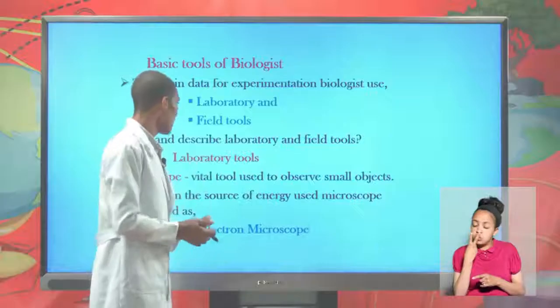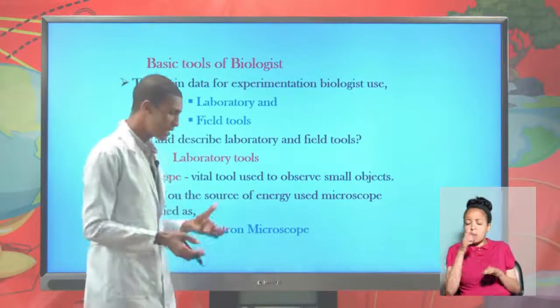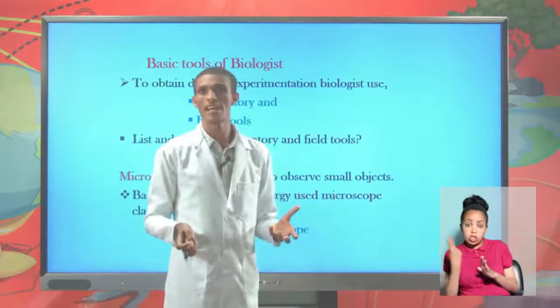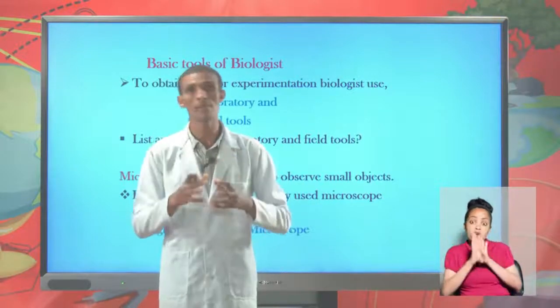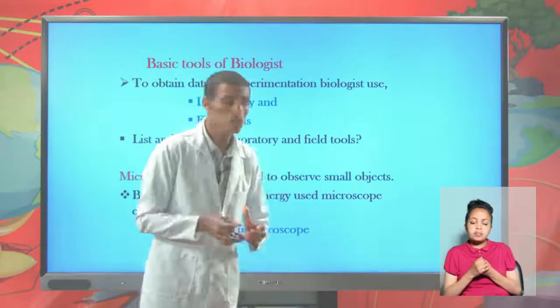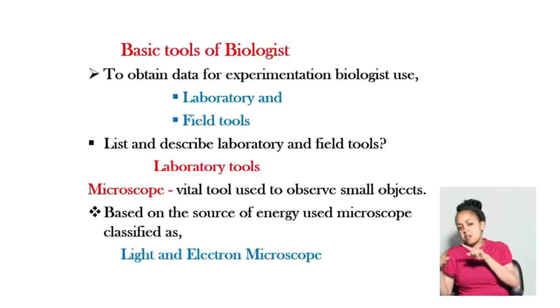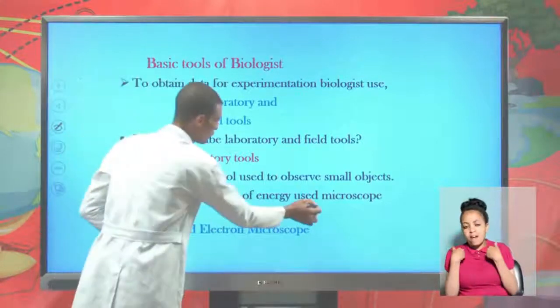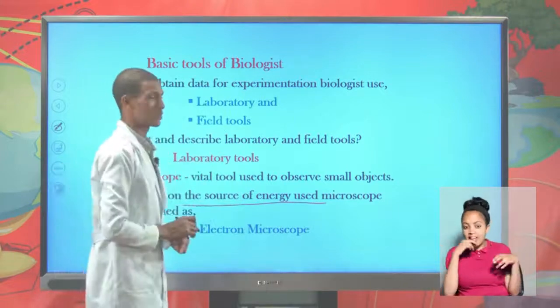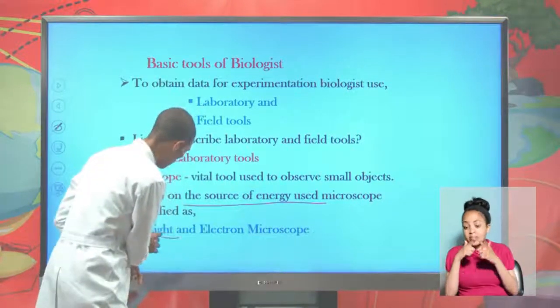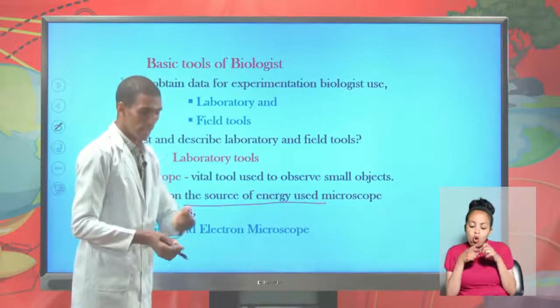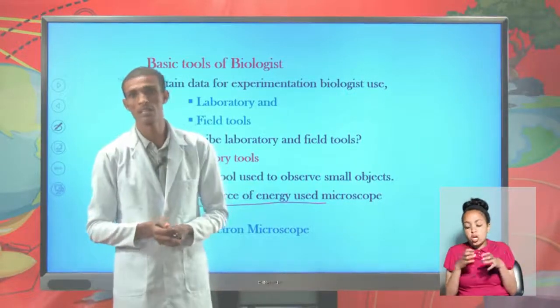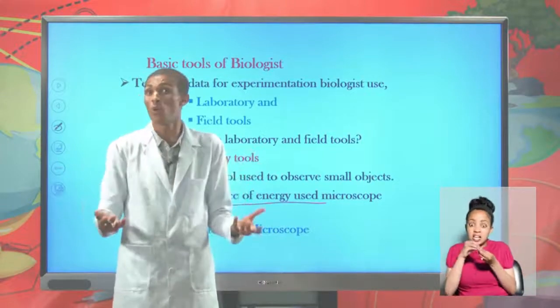When we say laboratory tool, the most important laboratory tool that biologists use, and which is highly important in the development of biology, is the microscope. Microscopes may be classified into light microscope and electron microscope based on the source of energy they use. The light microscope has low magnification power and low resolution power, and it can increase the size of a specimen that you observe that is much smaller,